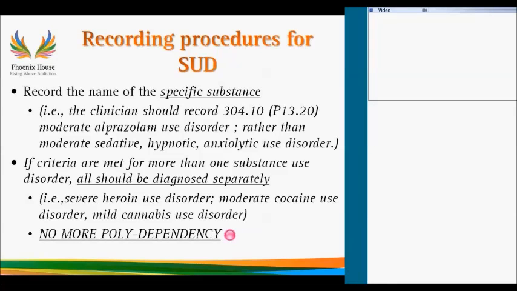So the idea is that if we really can be the most specific we can be in getting the diagnosis right, then treatment and treatment planning and outcomes will then follow suit. So just to give you an example,